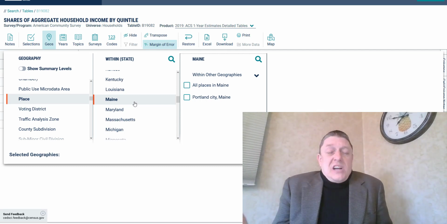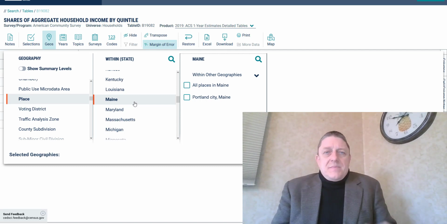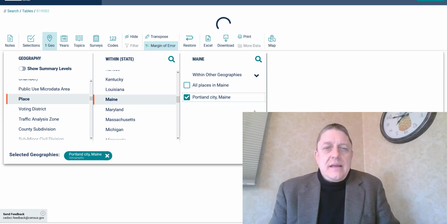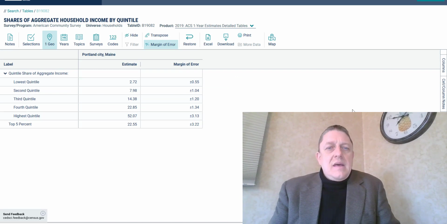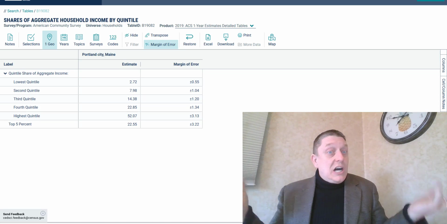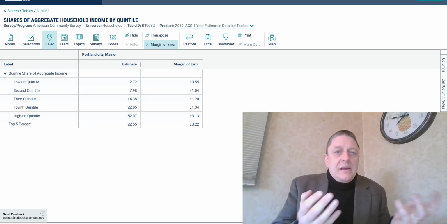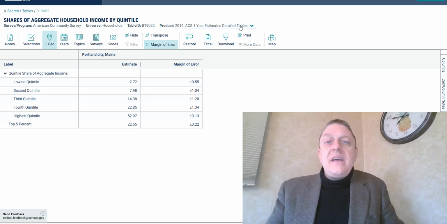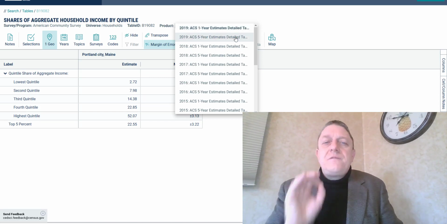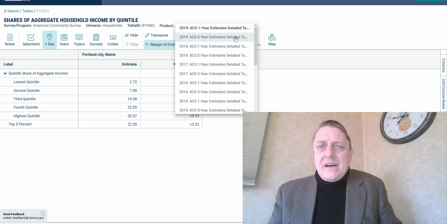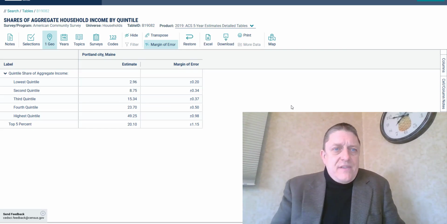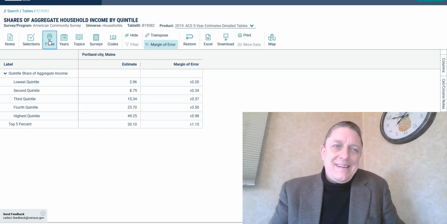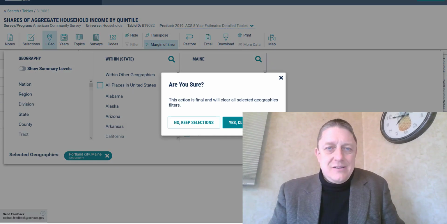That's the only one you've got if you're working with 1-year estimates, and that's because if we take a look at the results for Portland, okay, for the city of Portland here, you've got pretty big margins of error. What happens if you select up to American Community Survey 5-year estimates? You've got lower margins of error, number one,